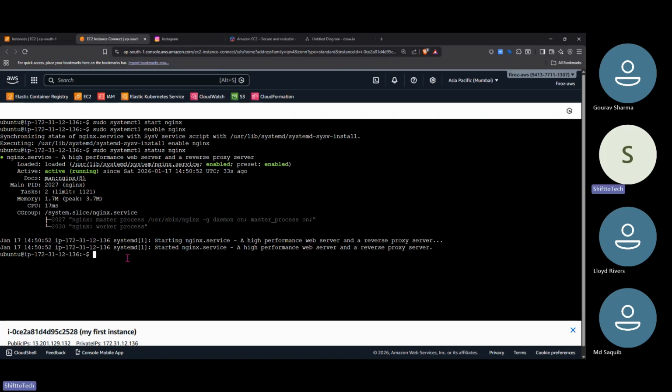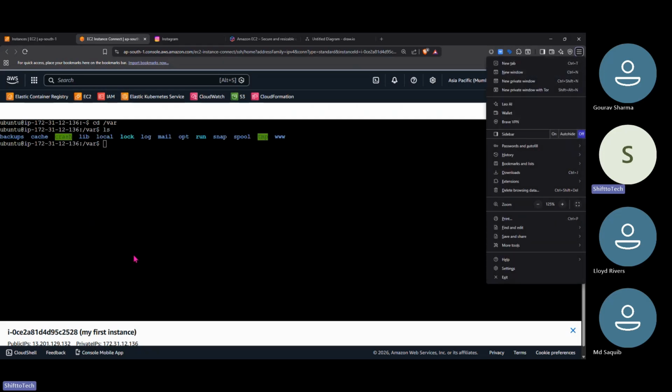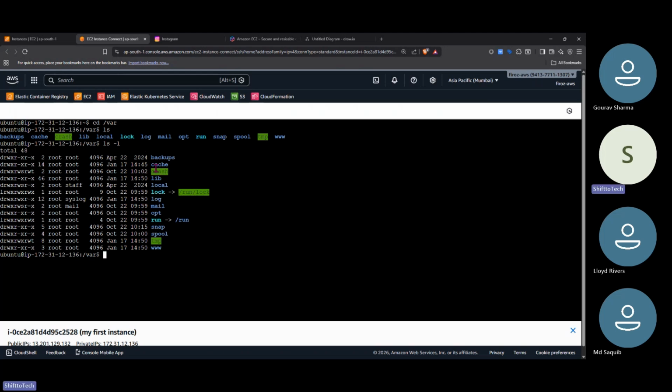Now we have to run our application in it. What do we do, right? cd, there are lots of files in there, right? Now we have to go into www. cd www, right? Again ls, html. cd html.